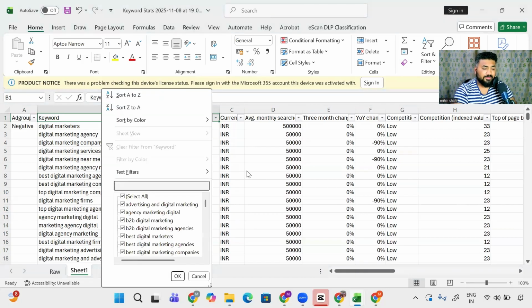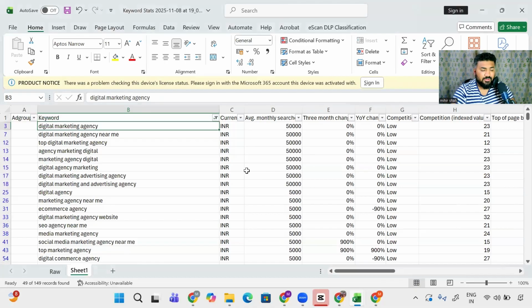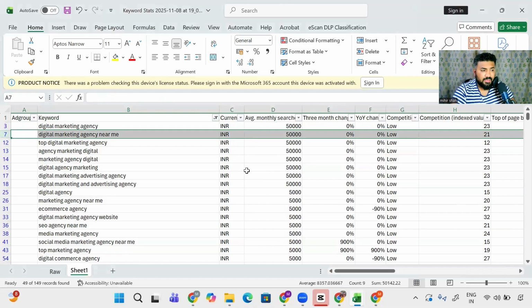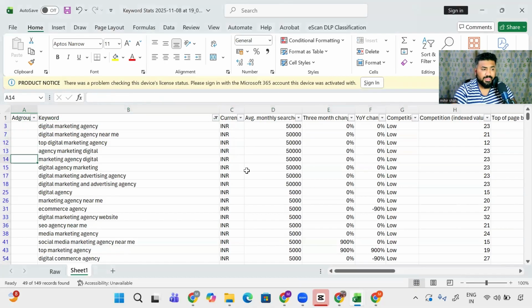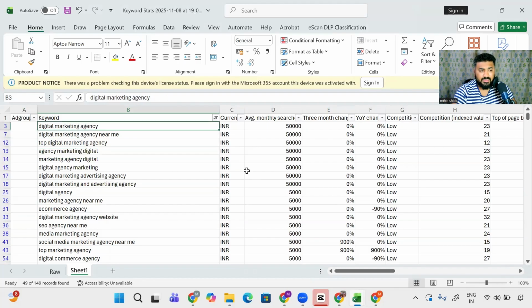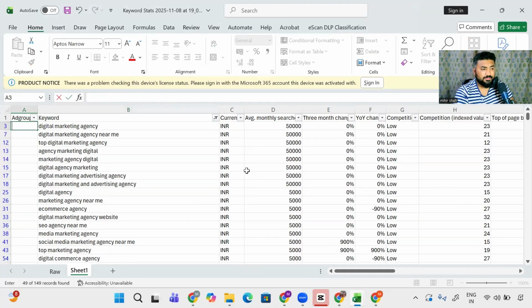Filter, let's say I see a lot of agency words, right? So I focus on agency, and now you have digital marketing agency near me, top agency, top marketing agency, etc. Till the time it says any top, any specific, it's all okay. Digital marketing agency website, e-commerce agency, marketing agency near me, digital agency, everything sort of makes sense, right? So what I'm going to do as the first step is, all of these are agencies, right? So I'm just going to name this